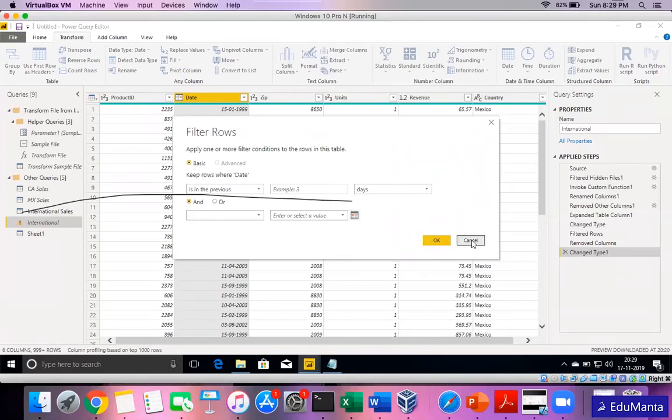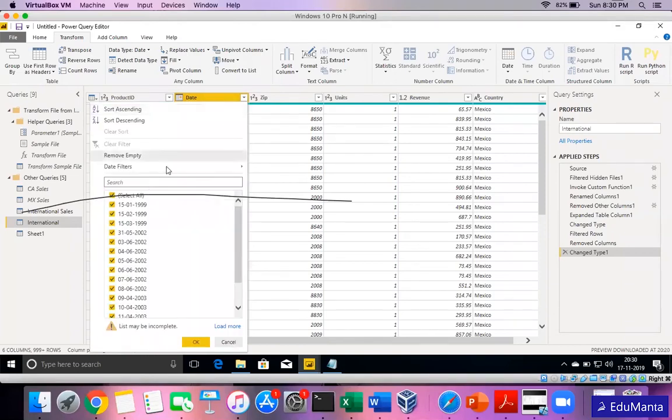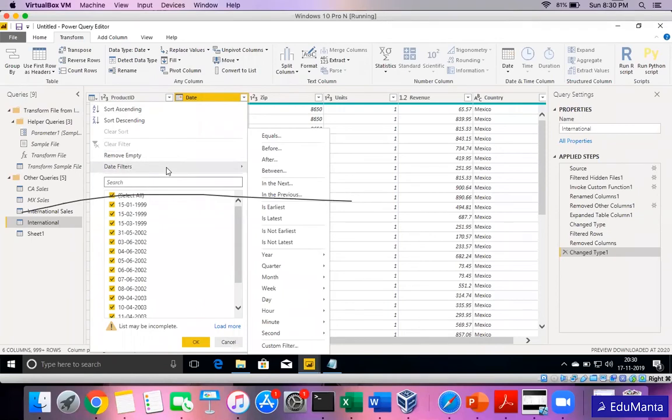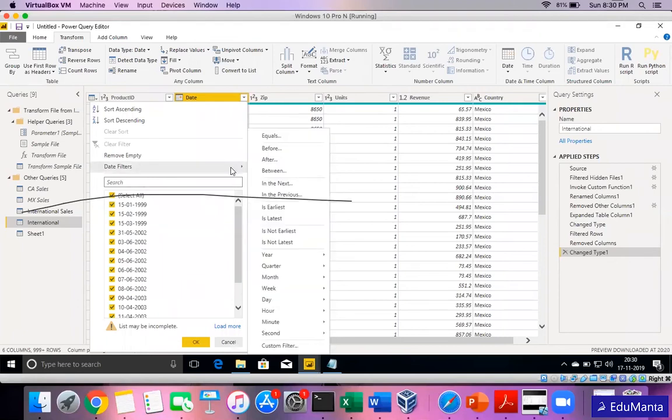So if you want a report which will always show data relevant to the reporting purpose, and that is only 2 years, I will give this sort of a filter. No matter how the data goes on coming into the report, this particular query step will ensure that the data is only for the previous 2 years, nothing else goes into the reporting. So this type of dynamic filter can also be applied for date fields.